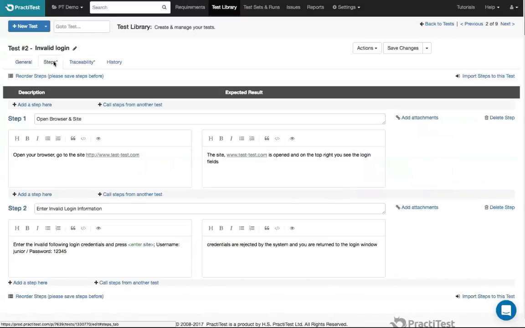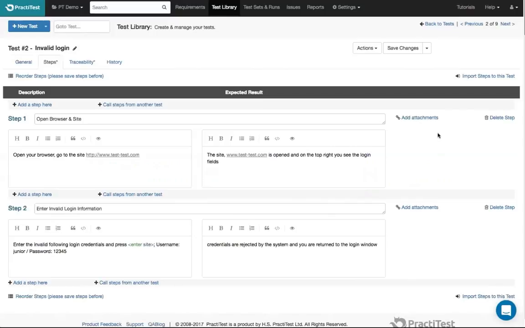This is how a step will look like in PractiTest, where every step can have a name field here, description field in here, and this is the expected results field for this step. In addition to the fields, you can also add attachments, and these attachments will be shown on runtime to your testers. And the idea is that if you want your testers to have access to how the application should look like on the different iPhone device versus Android or web system, you will be able to do it. Or also, you may want to provide them with data, like valid social security numbers and invalid credit cards for them to test the system. All of that you can add as attachments, and that way it will be handed to your testers when they're